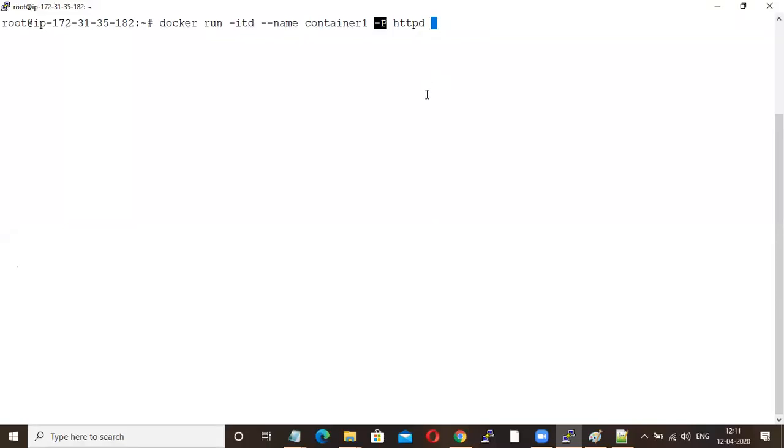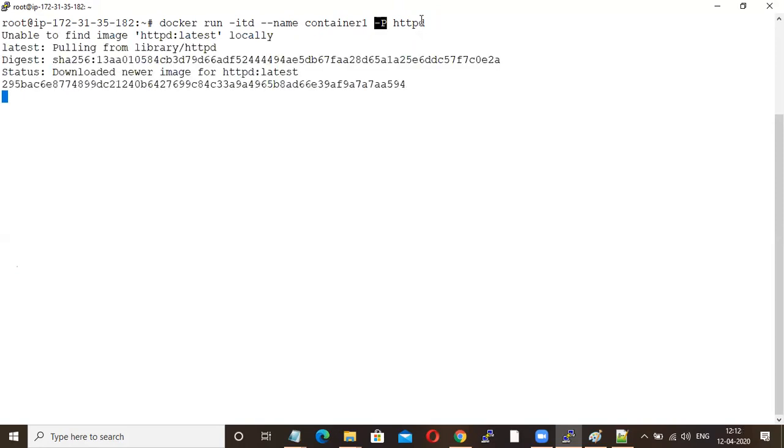If you are giving -P, Docker will randomly assign your port. So this might be your interview question: what is the difference between small -p and caps -P?